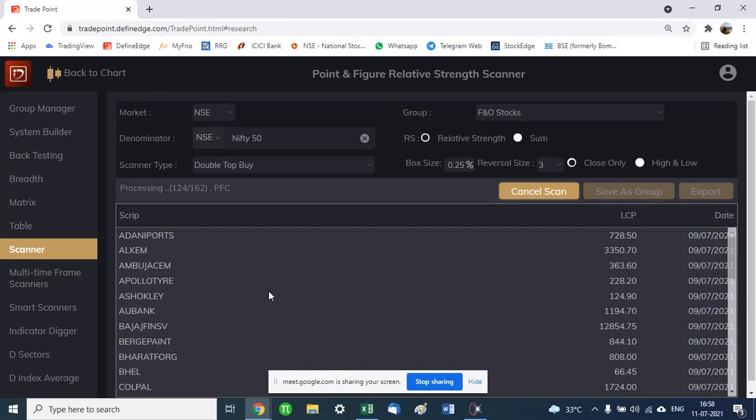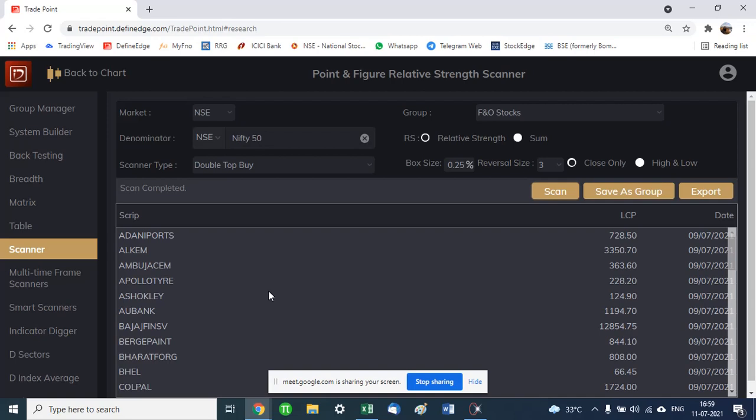It will generate all those stocks which on a daily basis are showing relative strength against the Nifty. Nikunj, while the scan is going on, there is also a scanner available in TradingView. So do you happen to use that, or even the screener and all? TradingView doesn't have any scanner to my knowledge. Oh, okay. TradingView does not have a scanning mechanism at all. It's a charting platform primarily and doesn't have a scanning mechanism.